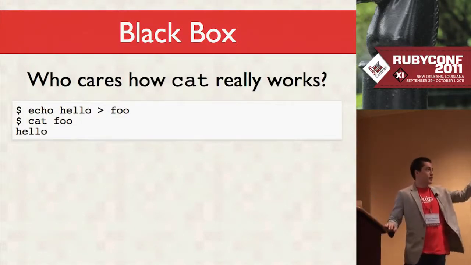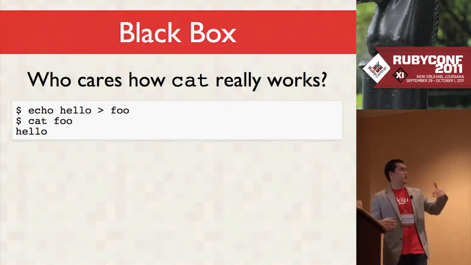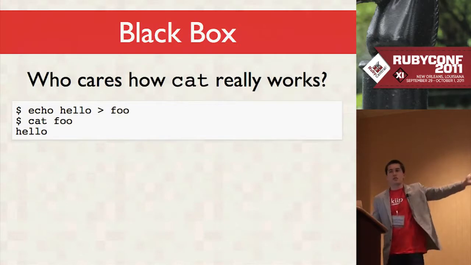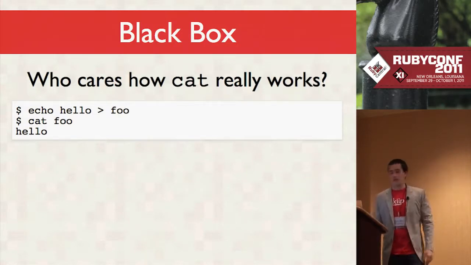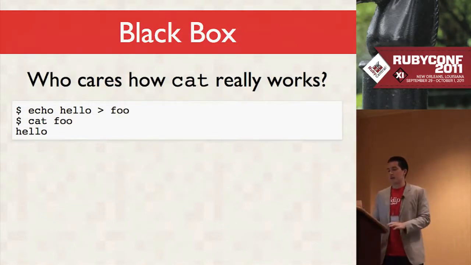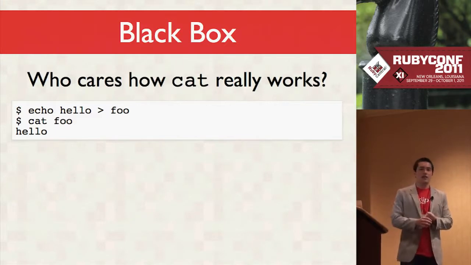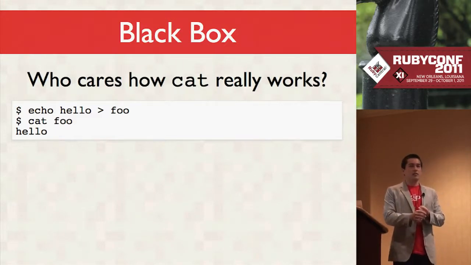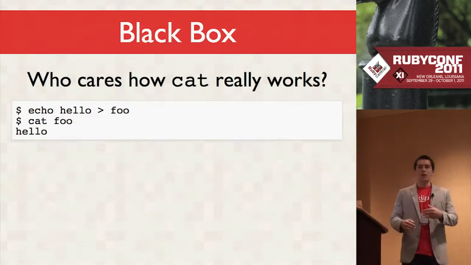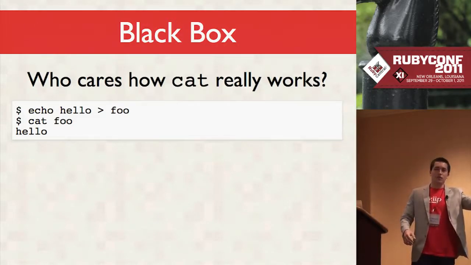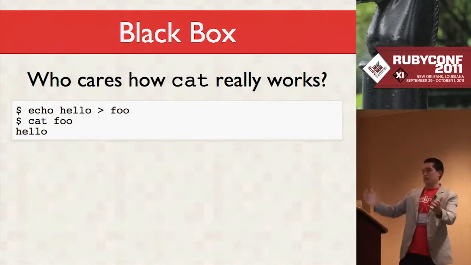So I echo something into foo, and I cat foo, and my test here in this case would assert that I get hello back, because that's what I put into the file. And this is a valid integration test of cat. I don't care how cat works. I don't care how fast it works. That's not the purpose of the test. I just want to know that given some state of the world when we start, I get this state of the world when we're done.